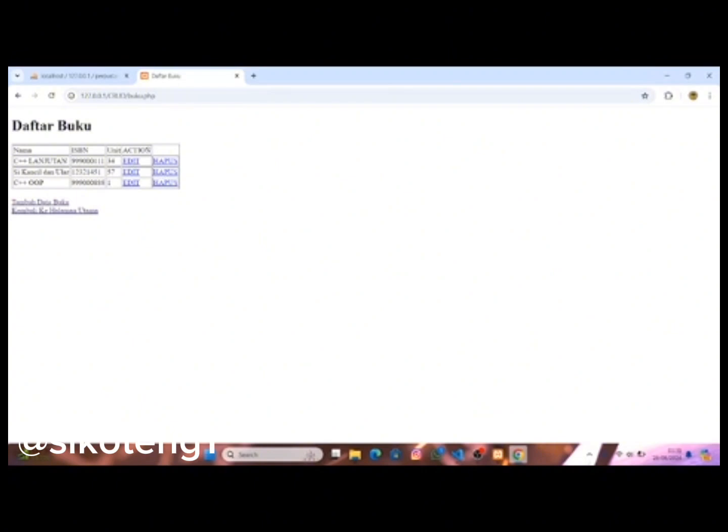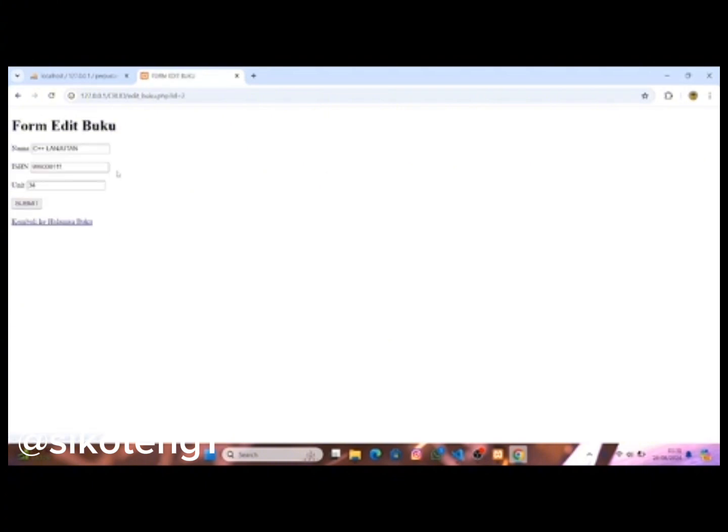No, we don't want to add, but we want to edit the book in the database. Maybe this is C++ lanjutan. We want to edit it because this is not only C++ lanjutan, but C++ lanjutan for master maybe.